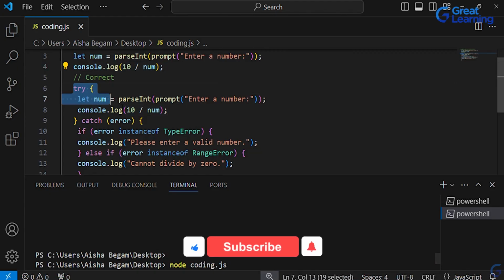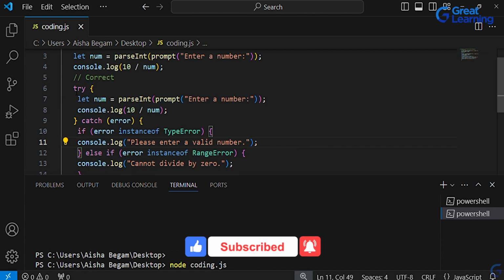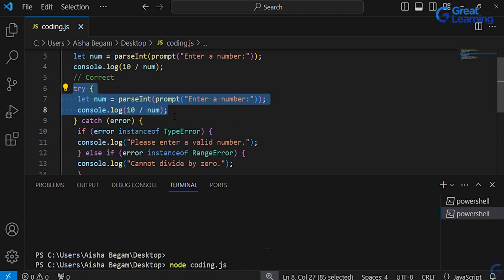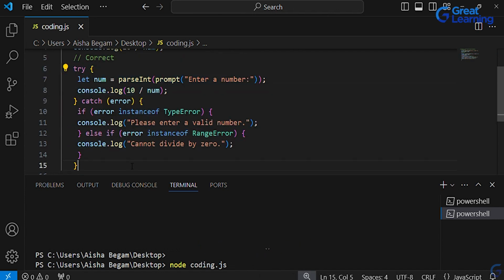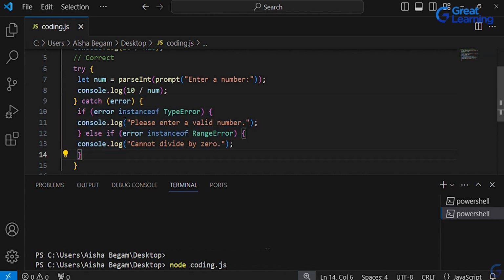In the correct code, we use a try-catch block to handle potential errors gracefully. Inside the try-catch block, we attempt to convert the user input to a number and perform the division. If an error occurs during the process, such as the user inputting a non-numeric value, it will be caught by the catch block. Here we check the type of error using instanceof. If it's a TypeError,